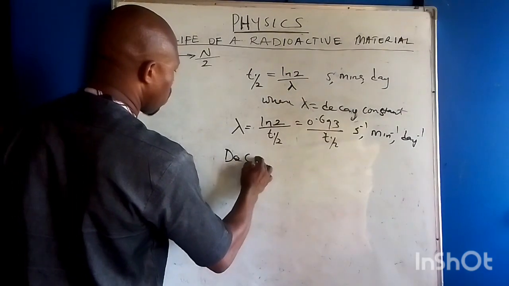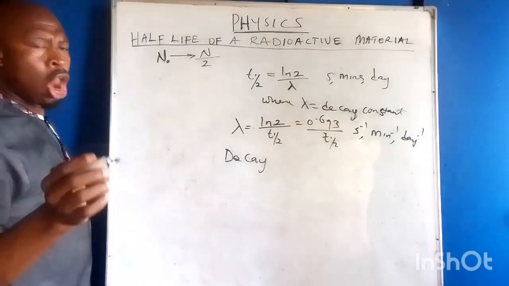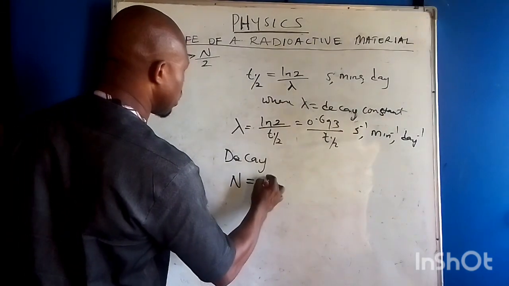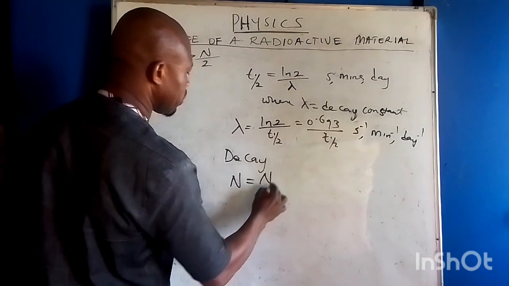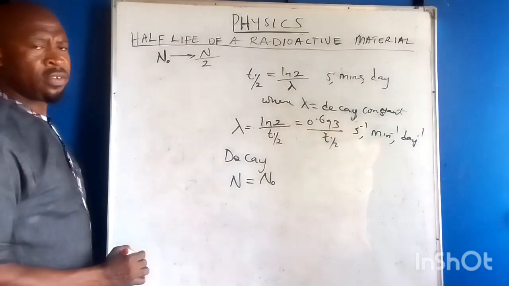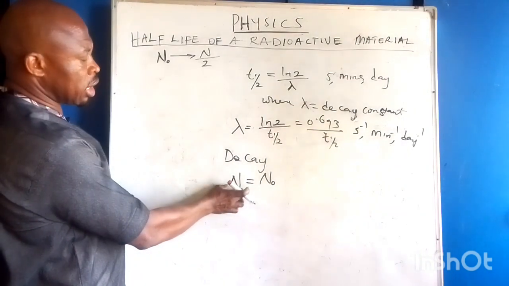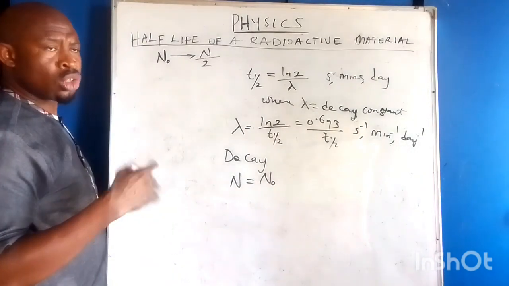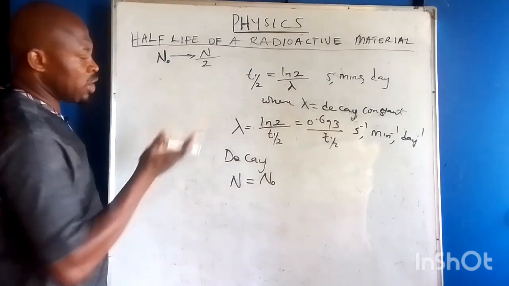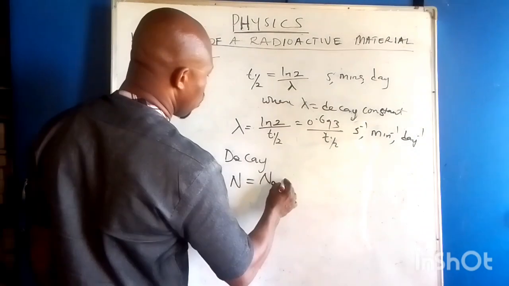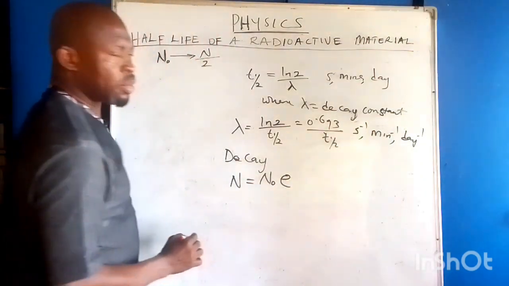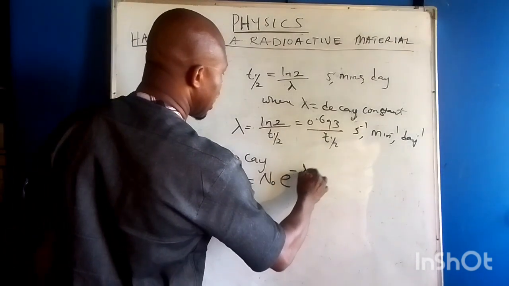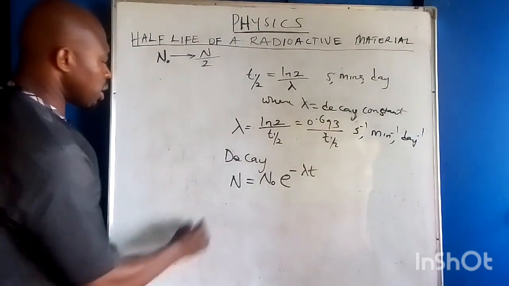The decay law gives us that N is equal to N0, the initial number, where N is the final number. N0 is the initial number, or initial quantity or mass, of a radioactive element. Then we have the exponential function, raised to the power of minus lambda t. So we say where